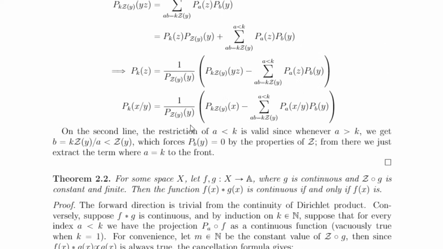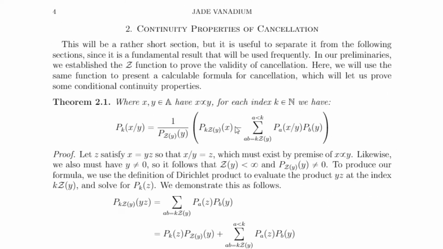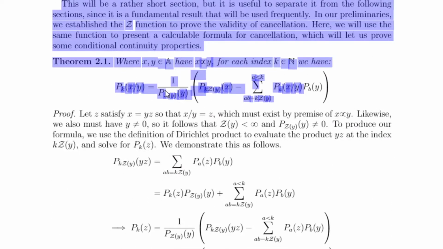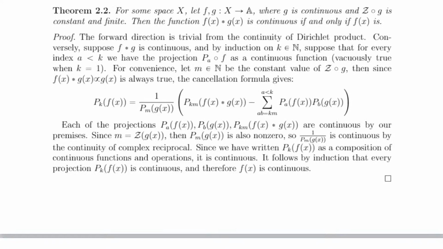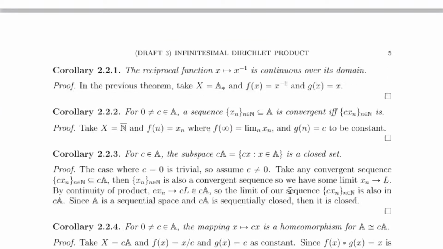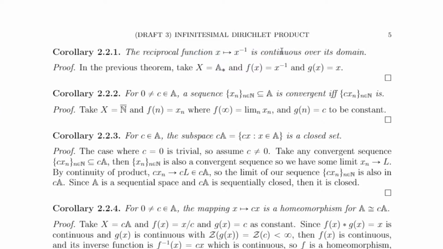the simplified formula, which is known and a little simpler than this general cancellation formula. You would use an induction to prove that each index is continuous, in order to prove that the reciprocal function is continuous. But here, because we've done all the heavy lifting in one step, we can just fill in the blanks, because we know that the reciprocal function times the identity function is 1, which is a constant function, so it's continuous, then the reciprocal function also has to